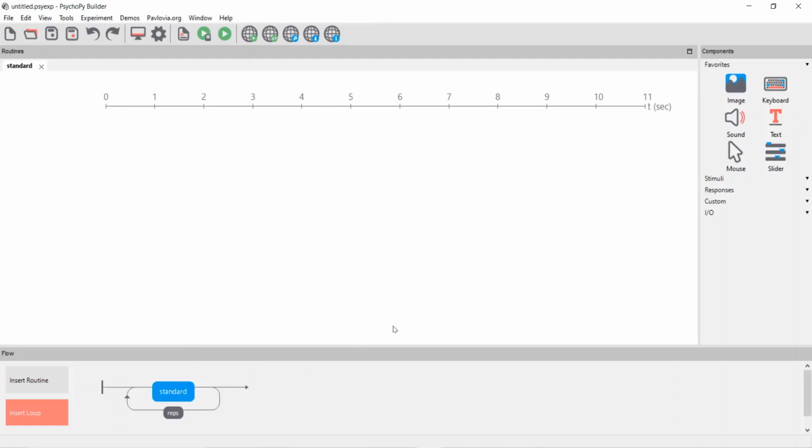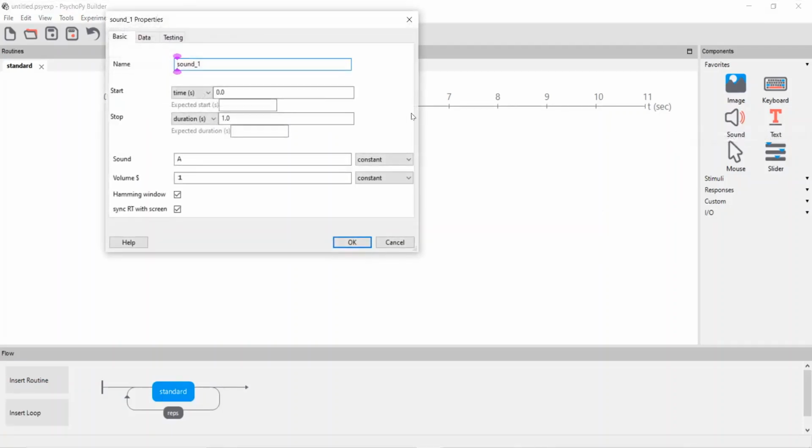But what is there in the standard routine? We have to define a standard. This is basically an input sound which you can generate. You can name it standard if you want, but the name standard is already being used by a NumPy function, so we have to give some other name. Let's keep it standard 2.